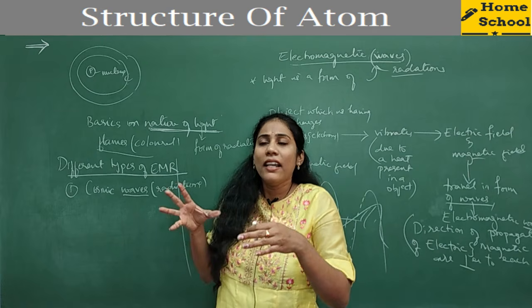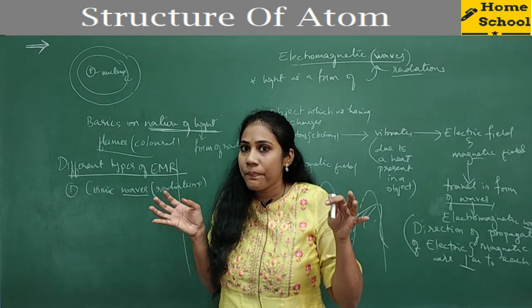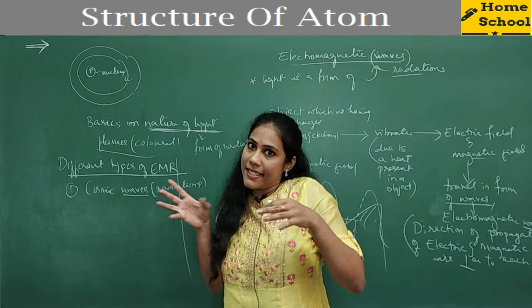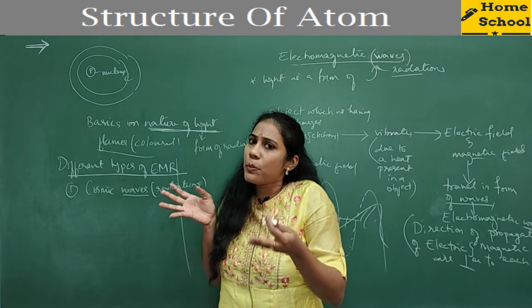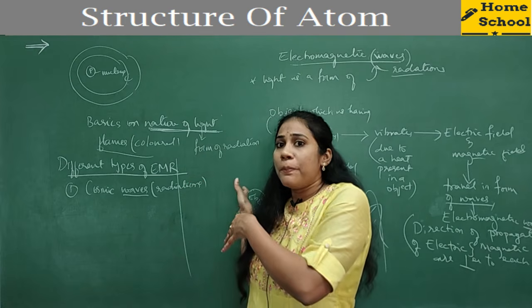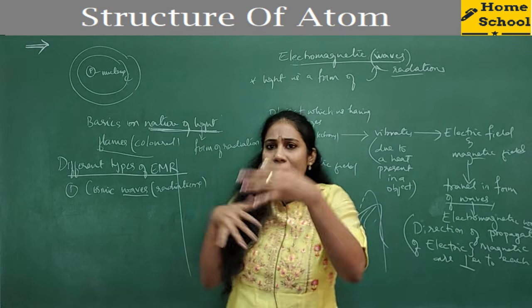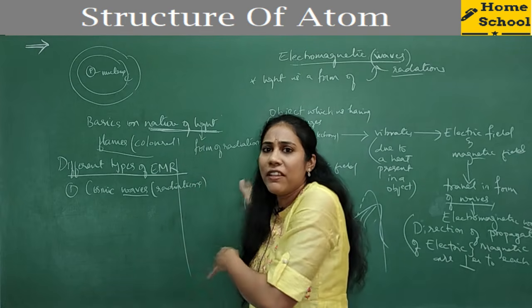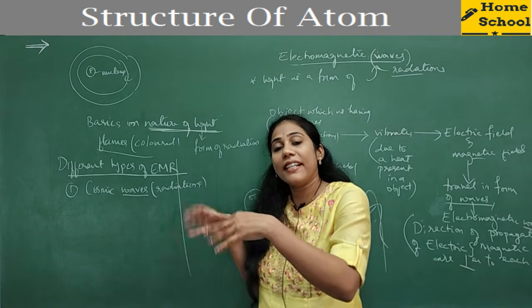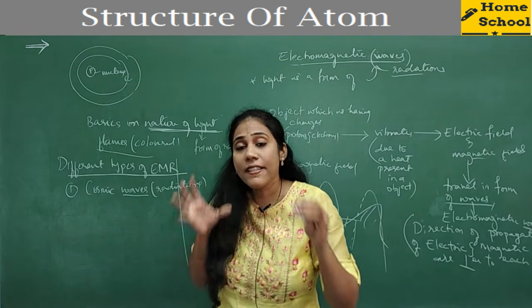There are certain gases in space, guys. Okay, ionized gases are there in space. These gases also have charged bodies, they vibrate and they produce the waves. So what type of waves do they produce? They are also both electric field and magnetic field, they travel in the form of waves. So what type of wave? We call it cosmic waves, produced by certain gases which are there in space.